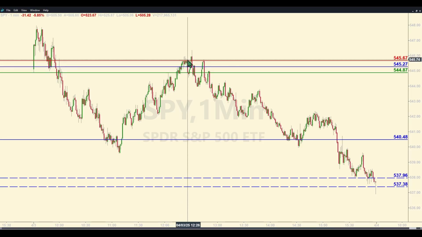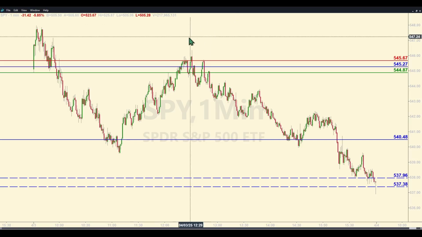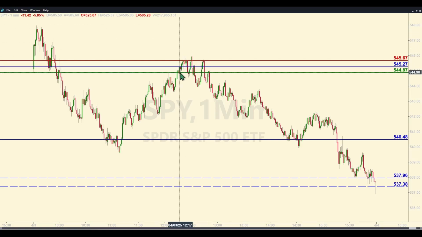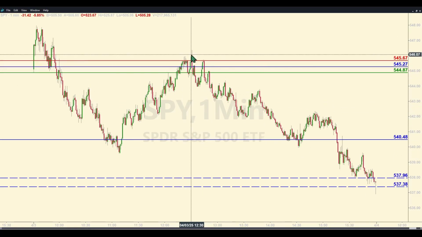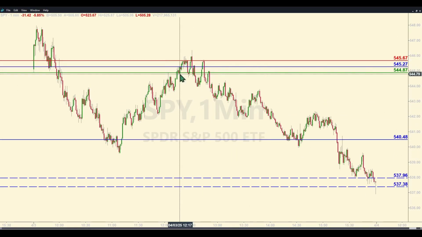If they get above, they could stay above and continue to go higher, at which point you do not want to be in a short position. That is a near miss, and we're not going to take a trade on the short side at 545.27. Obviously, it did work after being out of the money a little bit, but we won't count this. We're going to say it's a near miss. But I do want to reiterate that giving these levels more wiggle room is what this is all about.